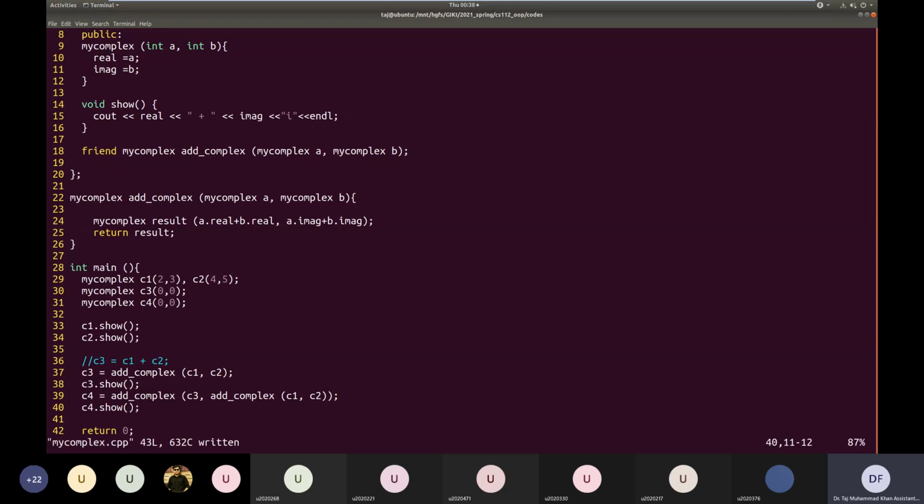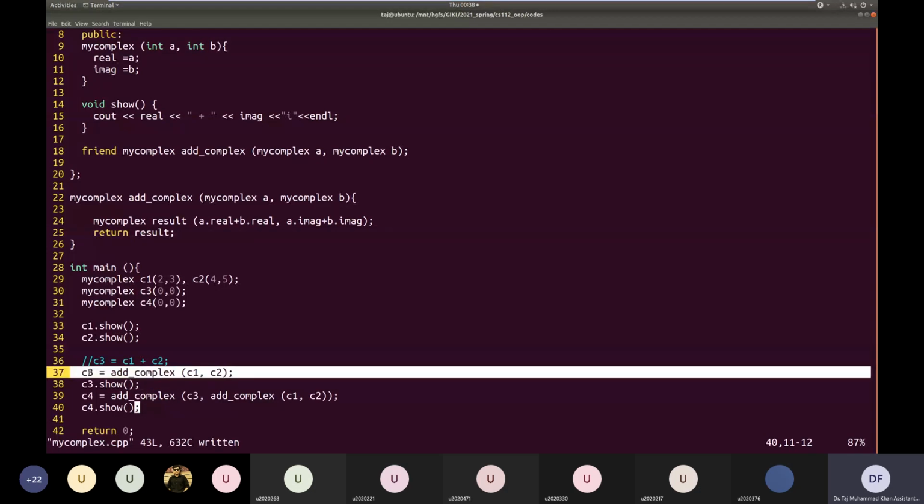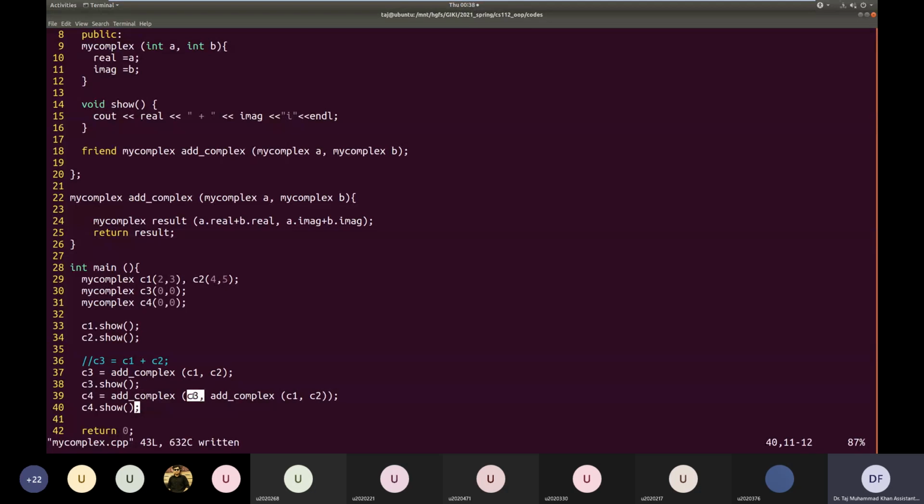On line number 39, C4 is basically this add complex function that will be called to generate C4. It will take C3, which has been calculated here, and since we want C1 plus C2 plus C3, it will take the result of the addition of C1 and C2. So we are calling add complex again on C1 and C2 to get their sum, and then that sum will be added to C3.